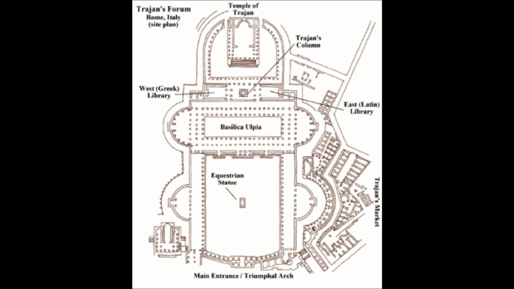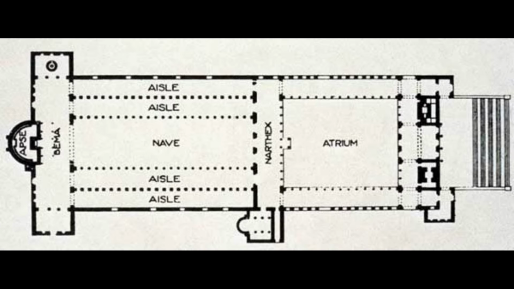We can observe the equestrian statue in the middle of the forum, followed by the basilica, the libraries on either side, the Trojan column in the middle, and then finally the Temple of Trajan. In the floor plan of the forum, we can see that the temple made up a small percentage of the whole vicinity, while in Old St. Peter's Church, everything after the narthex is the basilica, making over half the area of the